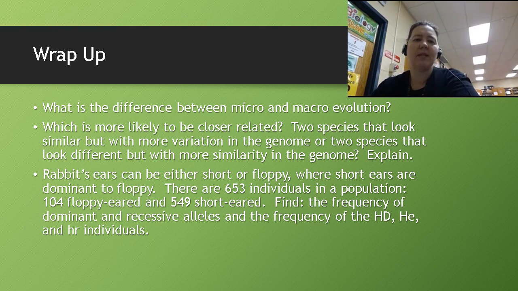So wrap up. What is the difference between micro and macro evolution? Which is more likely to be closer related? Two species that look similar but with more variation in the genome, or two species that look different but with more similarity in the genome? Okay, so explain. And then rabbit's ears can be either short or floppy, where short ears are dominant to floppy. So there are 653 individuals in a total population, 104 floppy-eared and 549 short-eared. Find the frequency of the dominant and recessive alleles and find the frequency of the homozygous dominant, heterozygous, and homozygous recessive